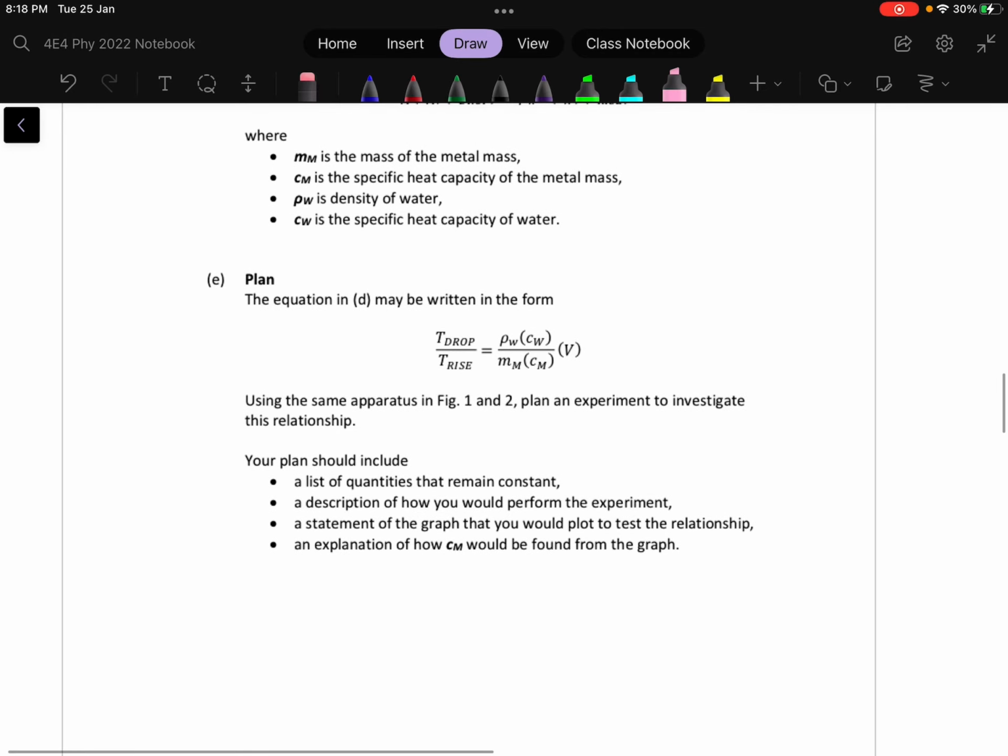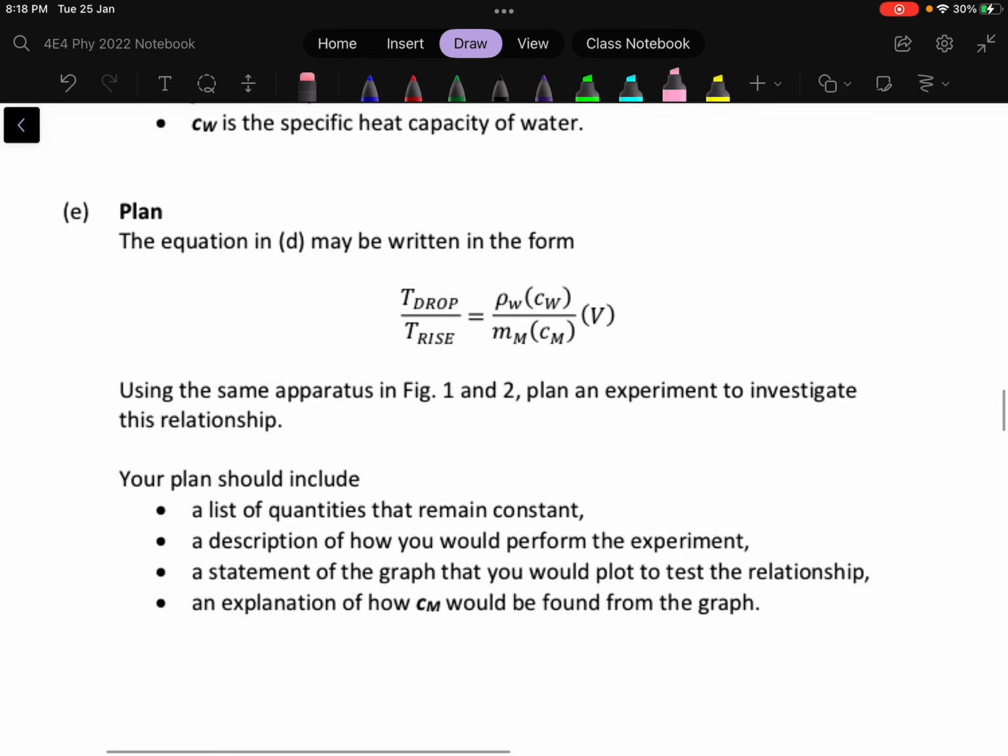Okay, so now I will skip to the part where the question is going to ask you to plan a fresh experiment. Most of the time, before they ask you to plan for an experiment, they will provide you with an equation. So this equation basically is step number 1 of your entire planning, because